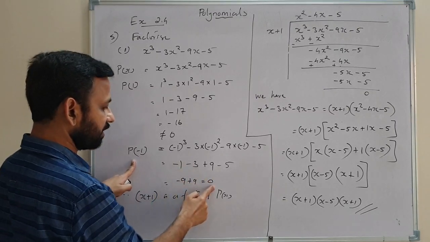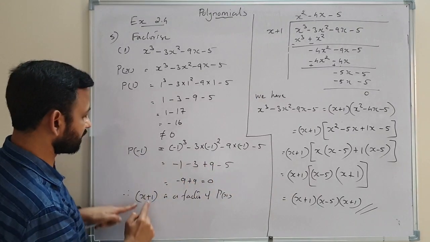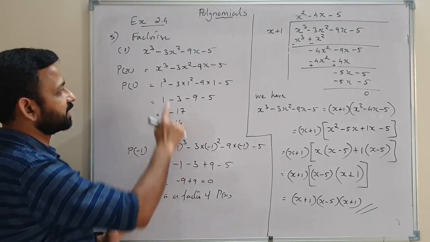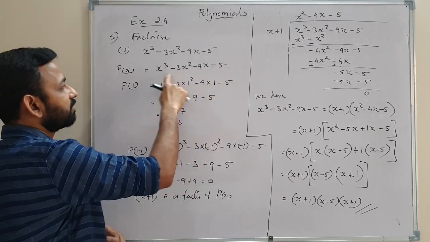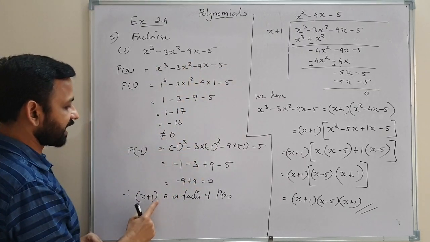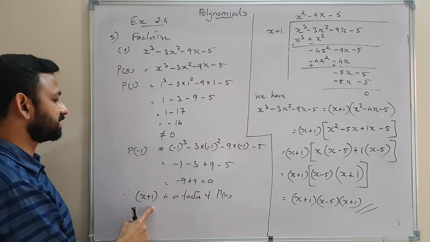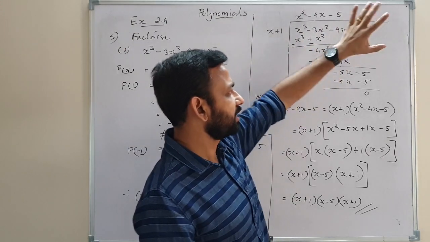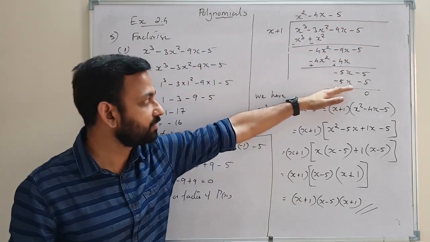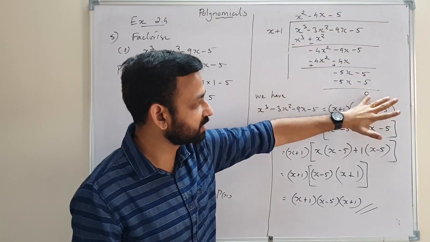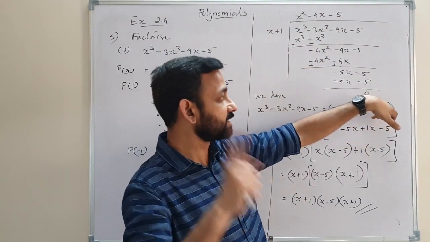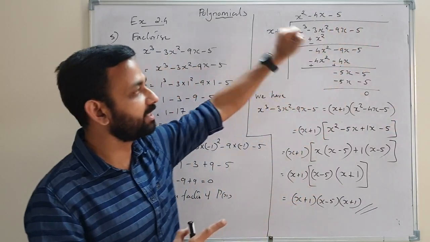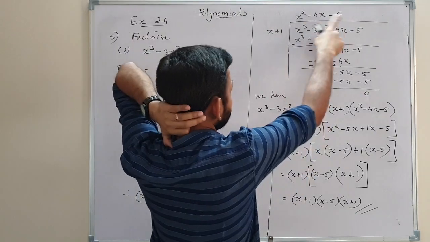If p of minus 1 equal to 0, by the factor theorem, x plus 1 is a factor of p(x). That is the factor theorem. So now we got one of the factors of this polynomial. So we are going to divide this polynomial by that factor. Remainder will be 0 because it is a factor. So we can divide this polynomial by x plus 1. Division I already explained in the previous video. So division completed. Here we got 0 and that remainder should always be 0. If you get any number other than 0, that means you made some mistake in division. So now we got the quotient there.